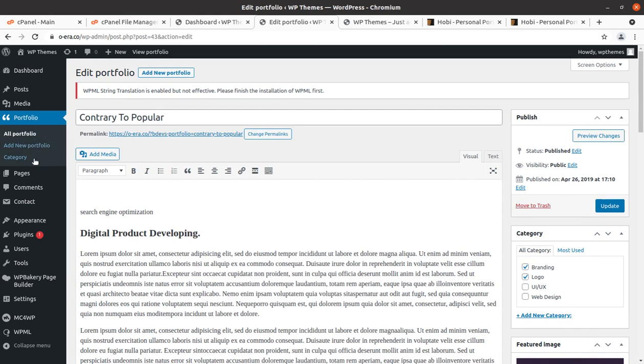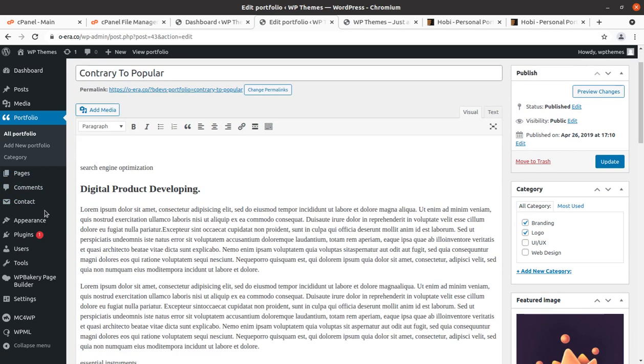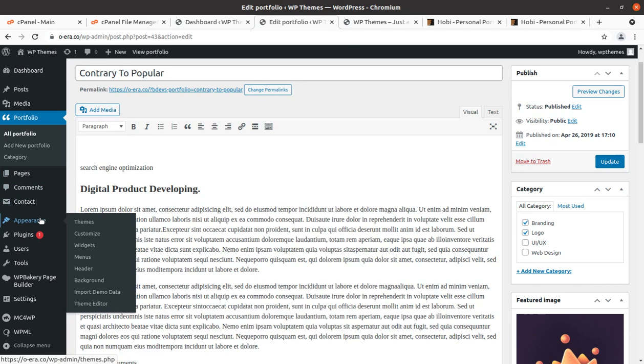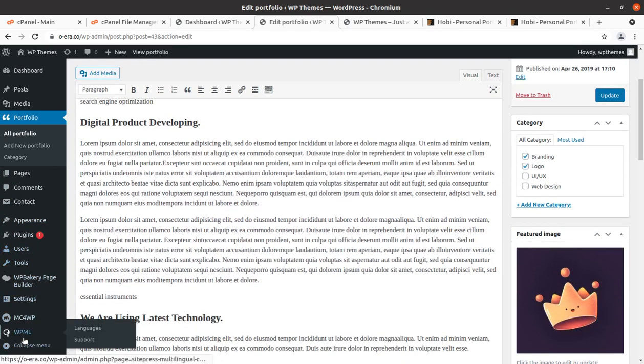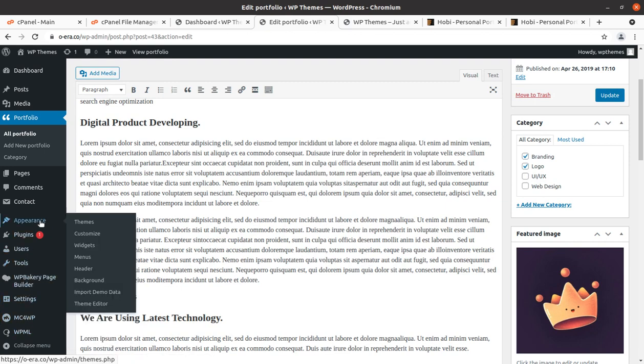This is the portfolio option, and you can add a new portfolio category as well. Pages, comments, and contacts are normal things as in WordPress, and the rest of the things are common. There is multi-language, and MailChimp for WordPress is here. I believe the rest of the things can be done through the customize options, so let us check the customize option.